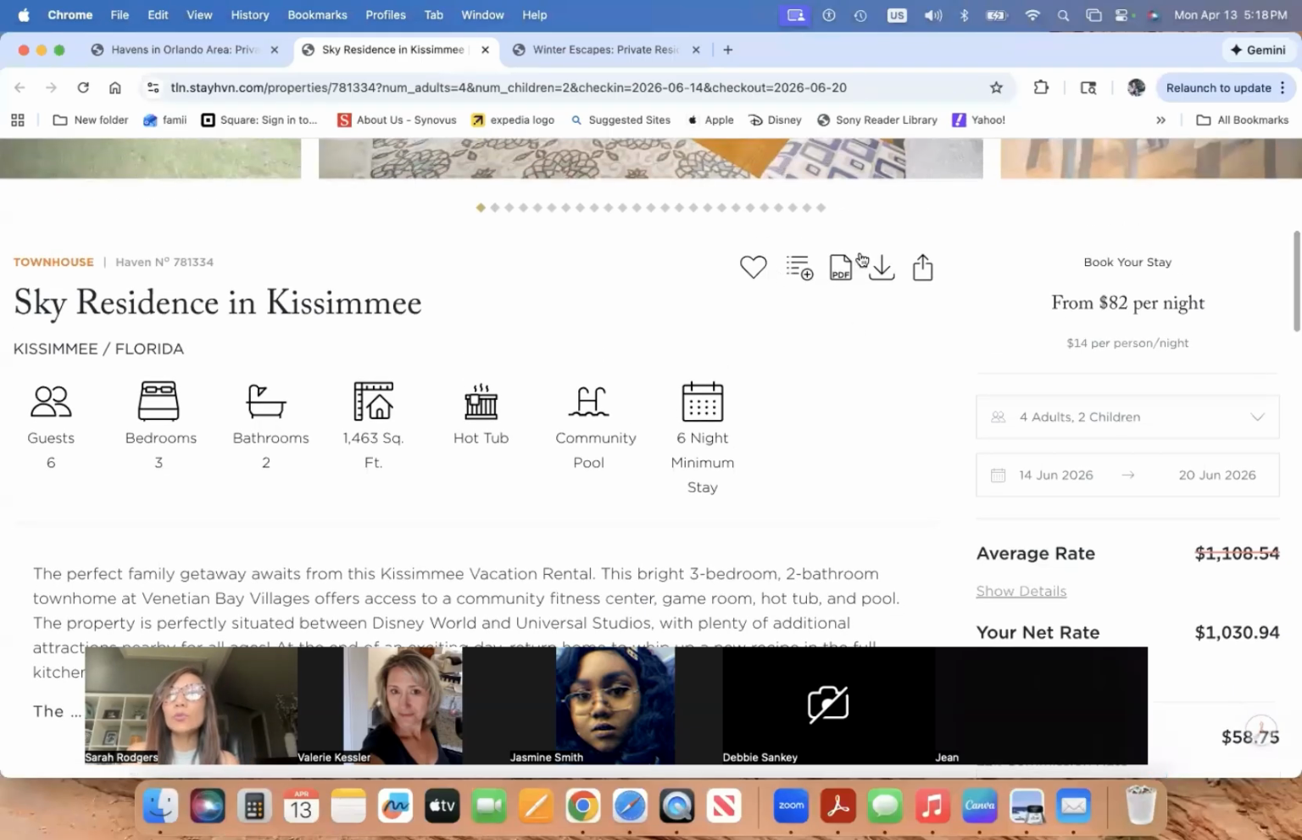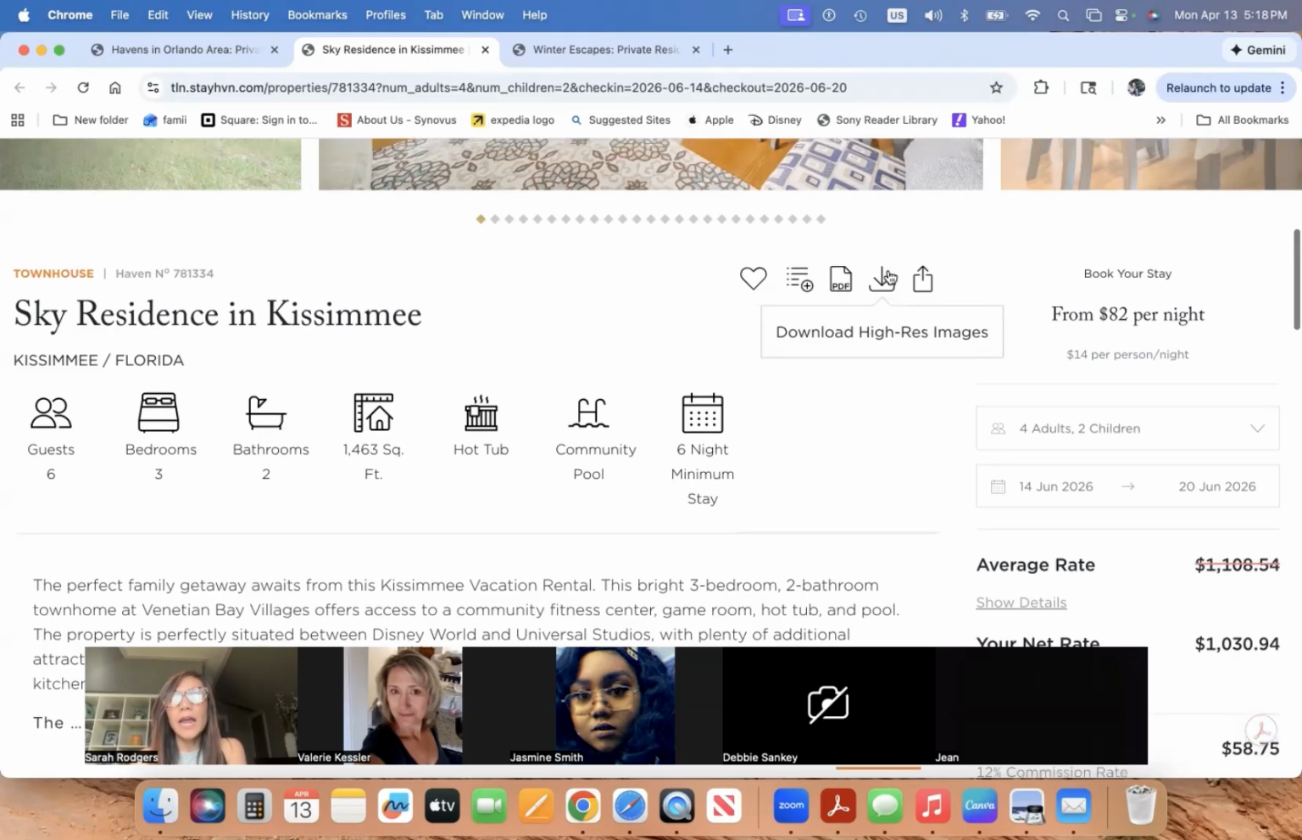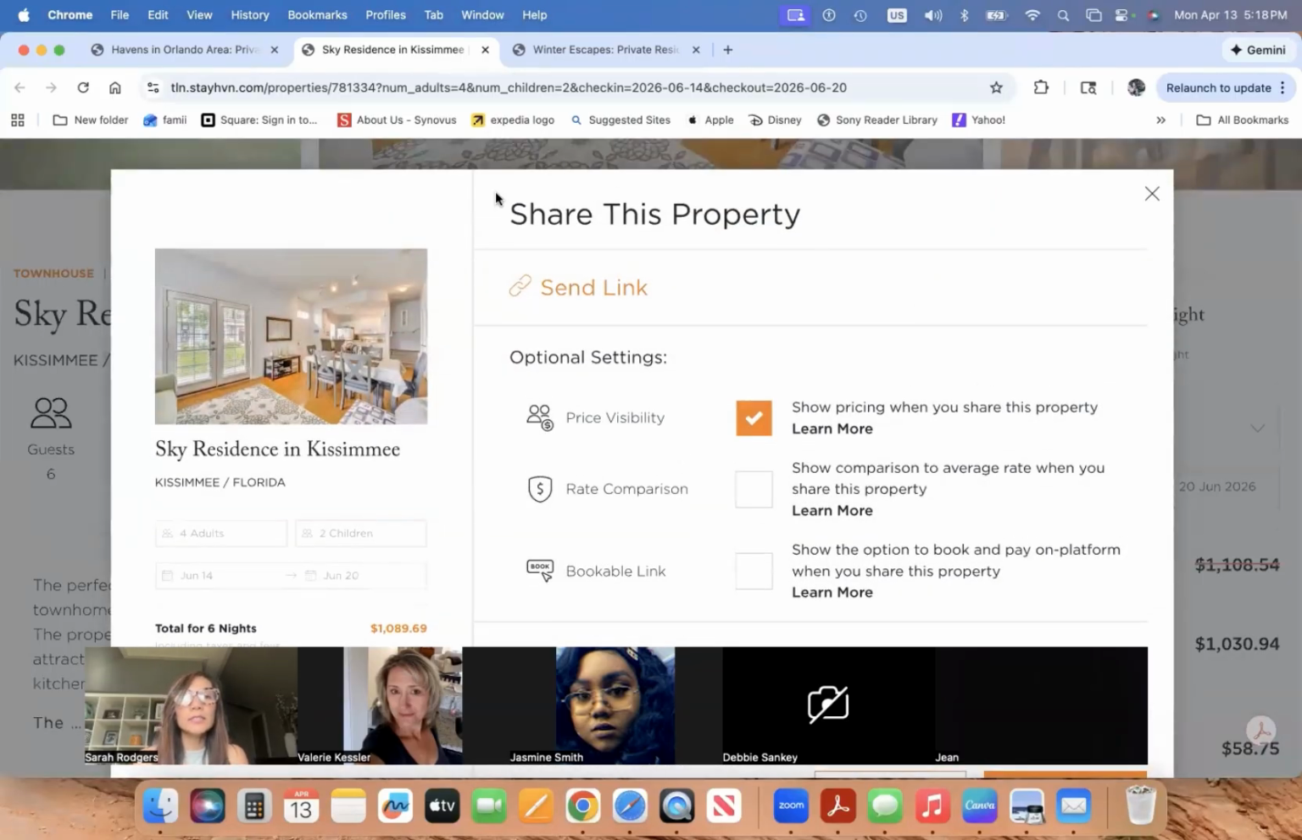Okay, you're going to see these few buttons here. You can add this to your list if you're creating a list for your clients, and you can generate a PDF. You can also download the images if you like, but I actually just use this one function right here, which is share this stay. When you click share this stay,